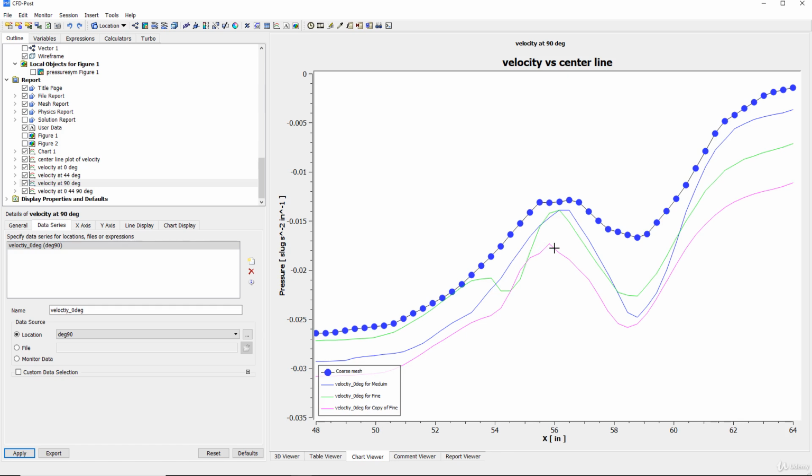And you can again see that the data is for the very fine mesh, which is here. And the green color is a fine mesh. So here the trend is not matching much between all the